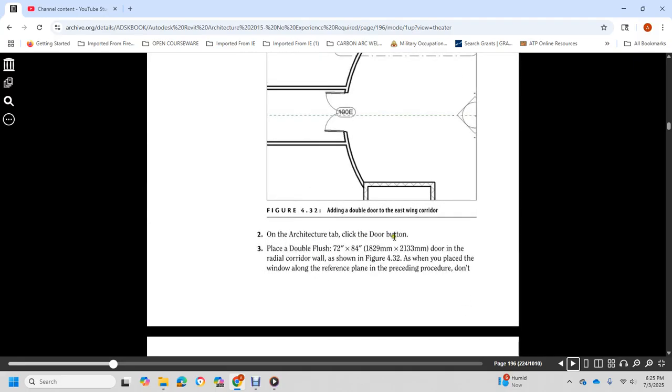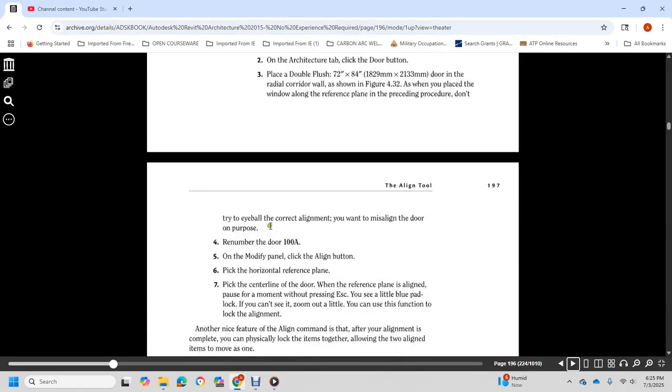On the Architectural tab, click the Door panel and place the double flush 72 by 84-inch doors into the radial corridor shown in Figure 432. But as you place the window along with the reference plane, don't try to eyeball it. To correct the alignment and the misalignment with the door, renumber the door 100A, modify with the panel alignment, and pick the horizontal reference plane,